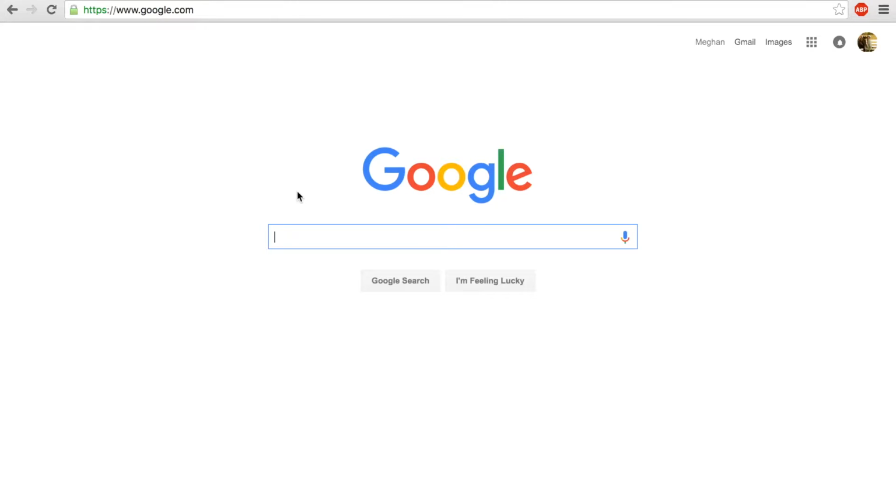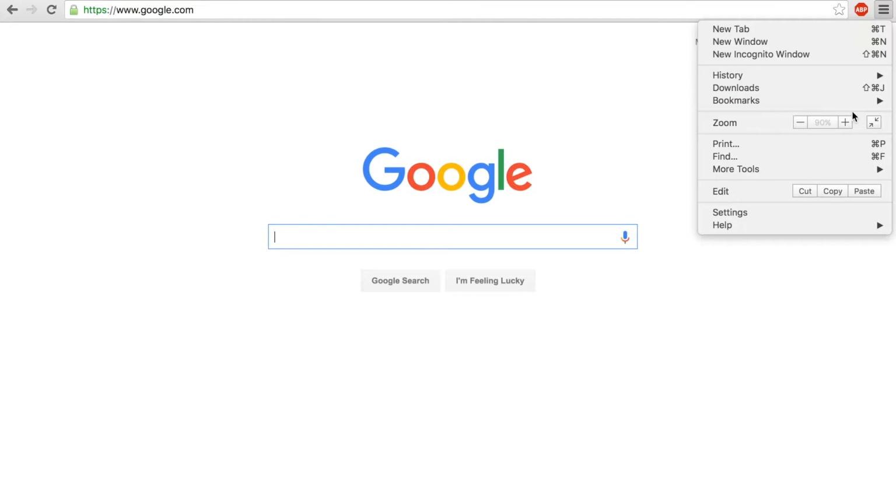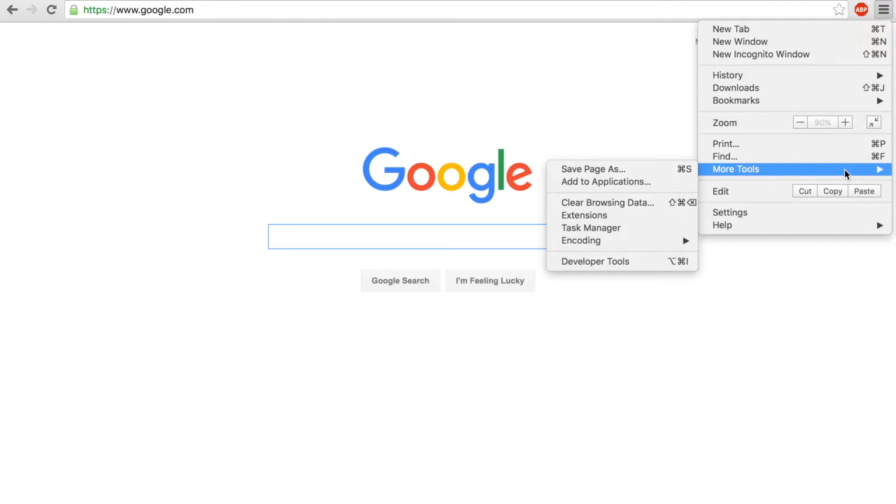To begin with, we're going to make sure you've cleared your cache on your internet browser. I'm using Google Chrome today, but the process is pretty similar for all browsers. We're going to begin by clicking up on the upper right corner where the three lines are located and clicking down towards More Tools. You're going to be clicking Clear Browser History,